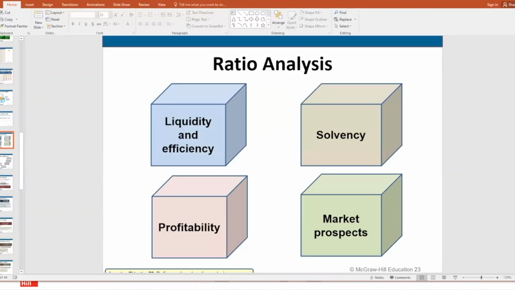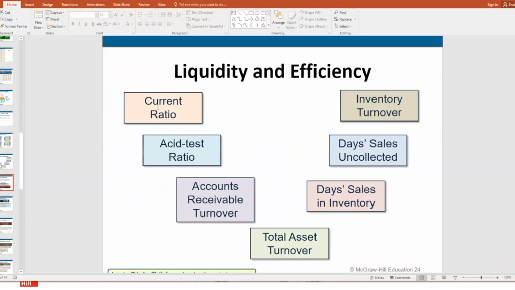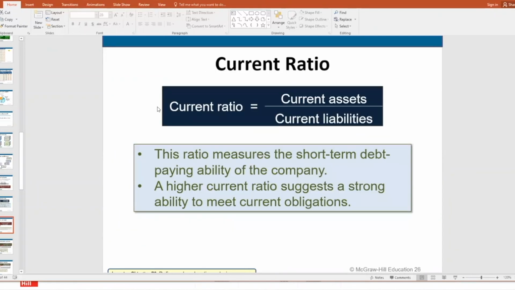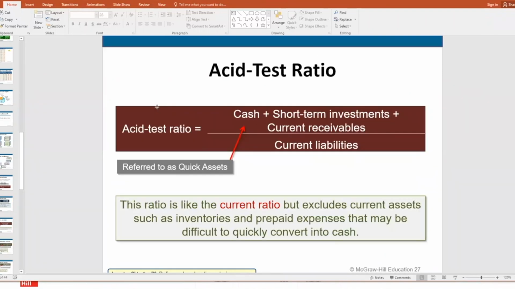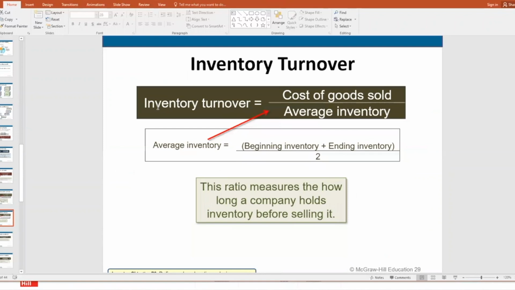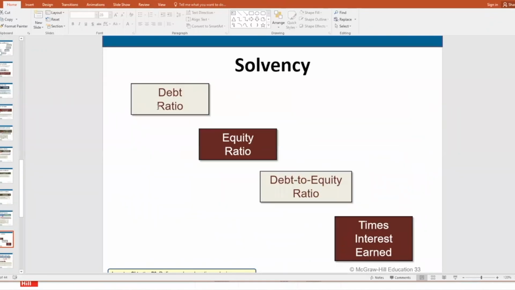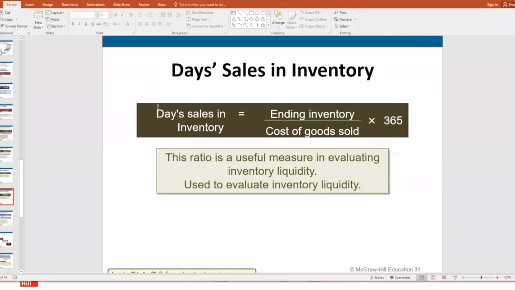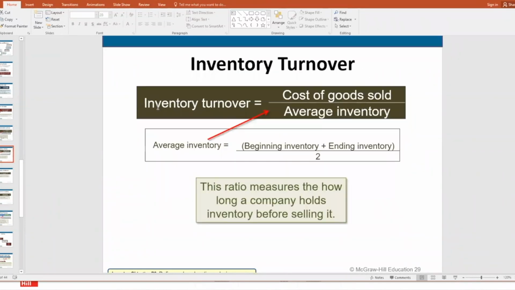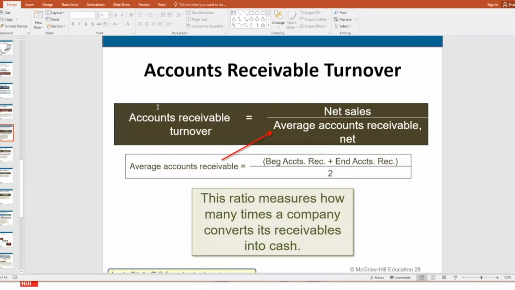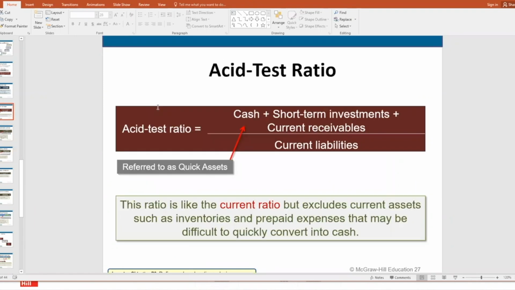We are not going to talk about ratio analysis in this meeting today. This is basically plugging in formulas. All right. Remember these ratios from Accounting 101: current ratio, acid test ratio, accounts receivable turnover, all these turnover ratios, debt ratio, equity ratio. It's basically plugging numbers in and getting the answer. So I don't want to waste your time going over the mechanics of that. I just want you to know that